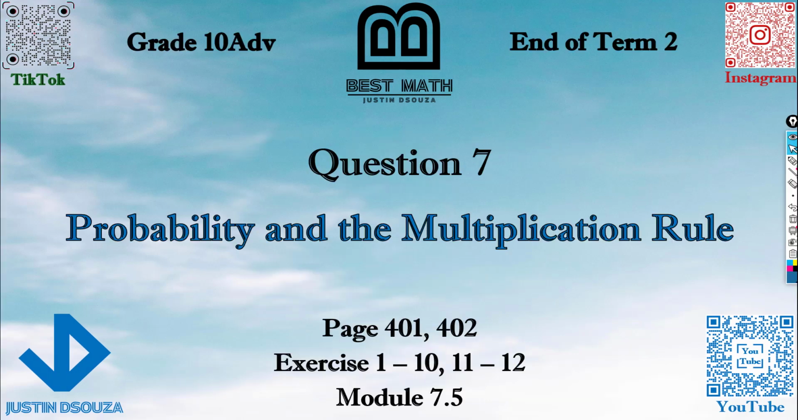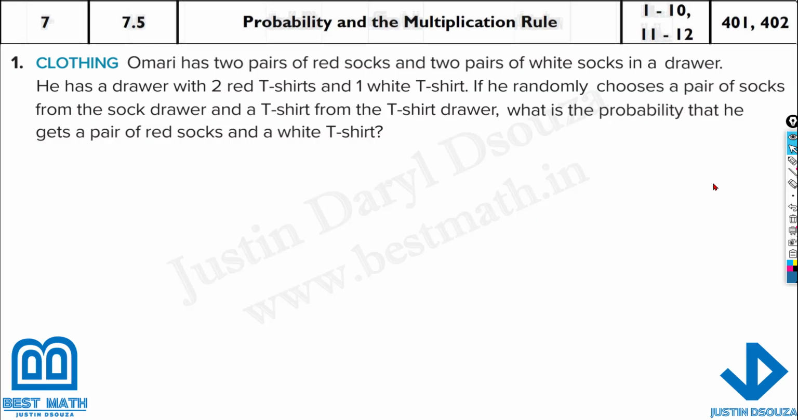Here we will learn the multiplication rule of probability. It's all real world problems. Omari has two pairs of red socks and two pairs of white socks in a drawer. He has a drawer with two red t-shirts and one white t-shirt. Okay, there's about socks. There are red and white. There is red and white t-shirts as well. If he randomly chooses a pair of socks from the sock drawer and t-shirt from the t-shirt drawer, what is